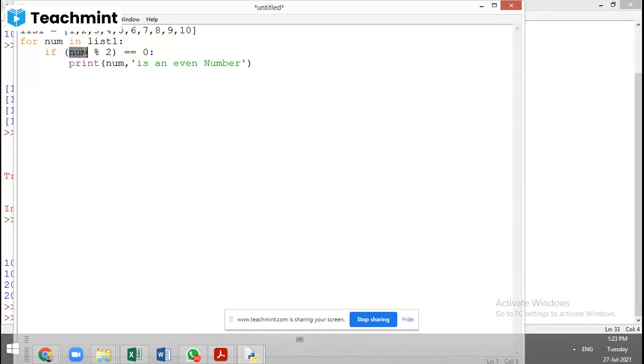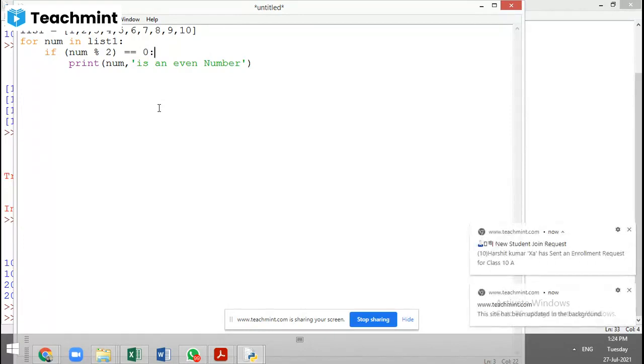So 1 mod 2 equal to 0. Is it true or false? What is the value of 1 mod 2? 1 mod 2 is 1 only. 1 mod 3 is 1 only. 2 mod 3 is 2. Means if we are using it from a lower number, then the answer is the lower number only.